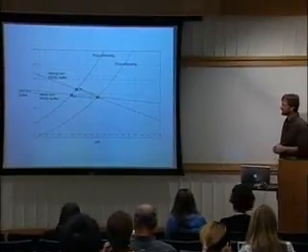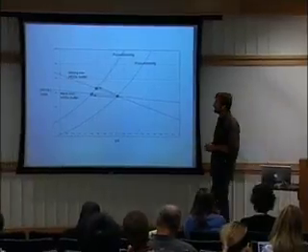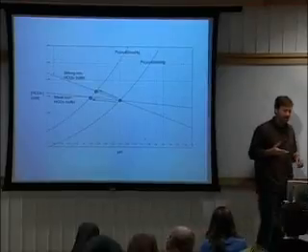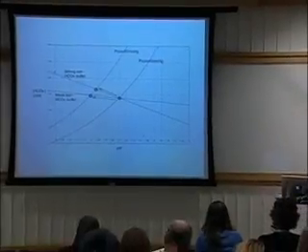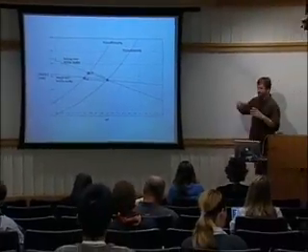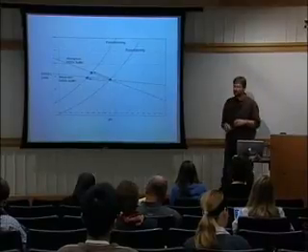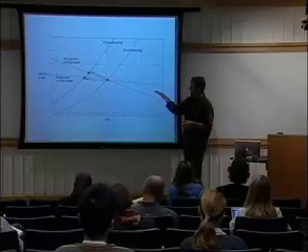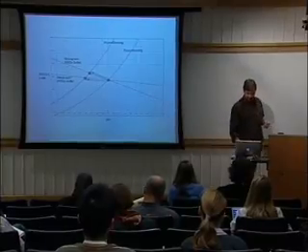So this particular graph is taken from example buffering capacities in different cells within an air-breathing mammal. When you get into the marine environment, or when you start comparing different organisms that are more distantly related and have very different metabolic rates, buffering capacity can be widely varying from one species to the next.